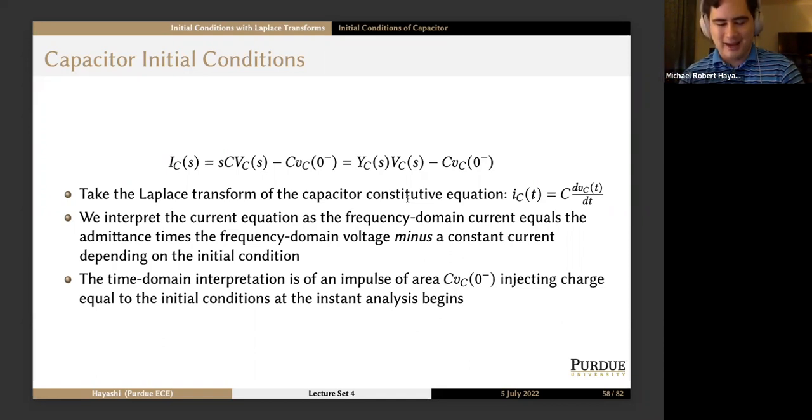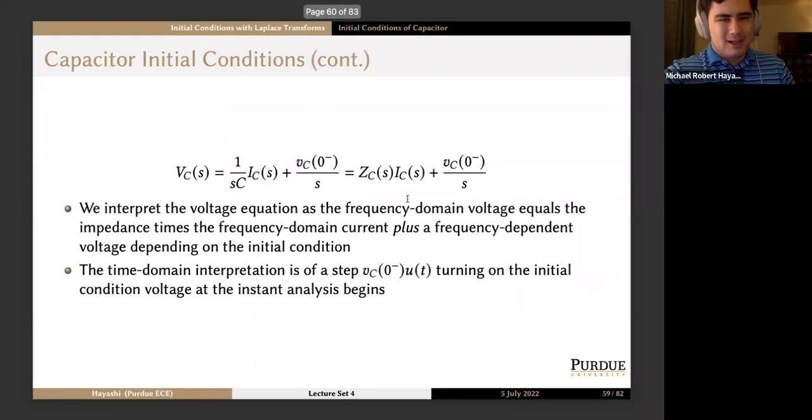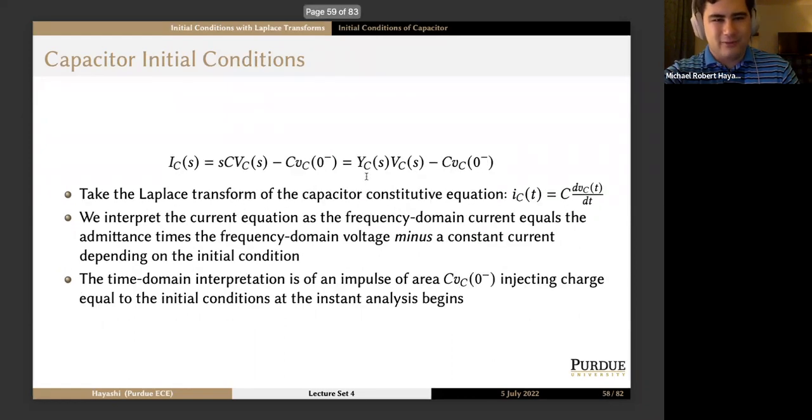So it's basically saying, hey, this is a one-sided Laplace transform. At the start of analysis, we inject that much current and then analyze the circuit. And that puts the charge on the capacitor needed to start the problem off correctly. Well, there's another way we can deal with this. So if we manipulate this equation,